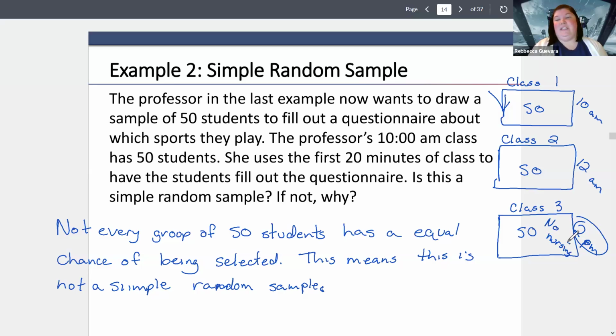If that happened, and if you're teaching at pretty much any college, you're going to have a nursing program at some point, then each one of these groups would not be representative, because if I selected this one, it would have no nursing students in it. Maybe the 10 a.m. class is more likely to have parents in it. So if you selected this class, you might end up with more parents than you would have with another sampling. So the problem is that when you